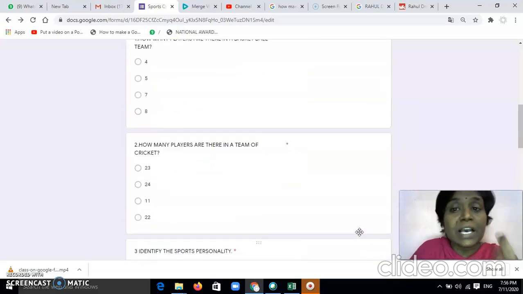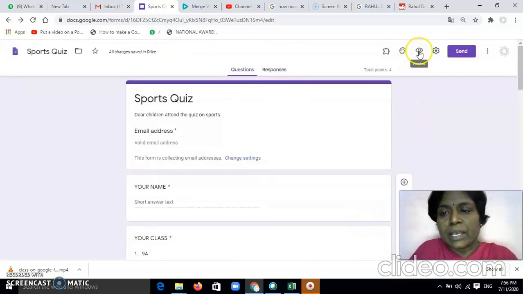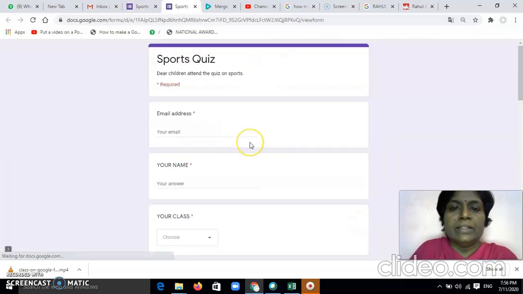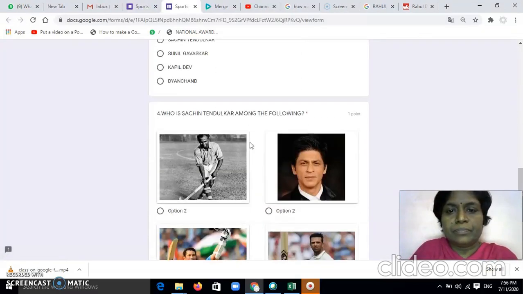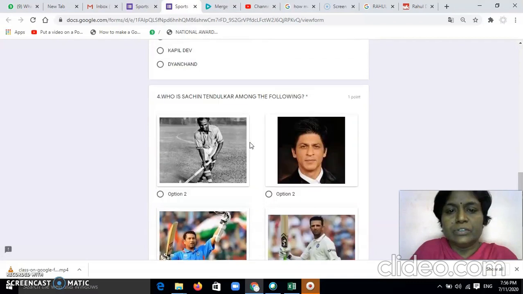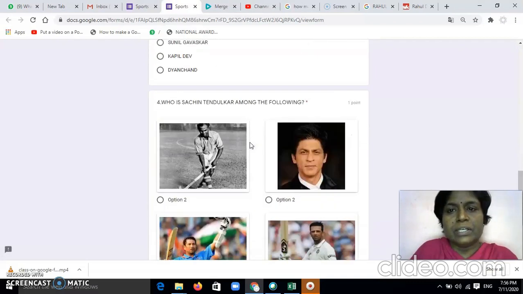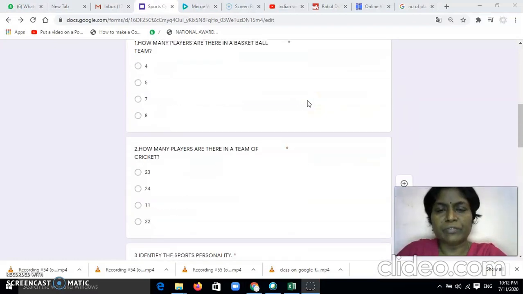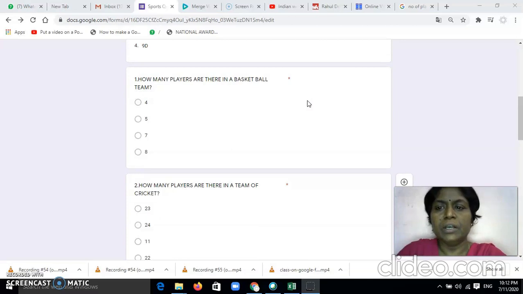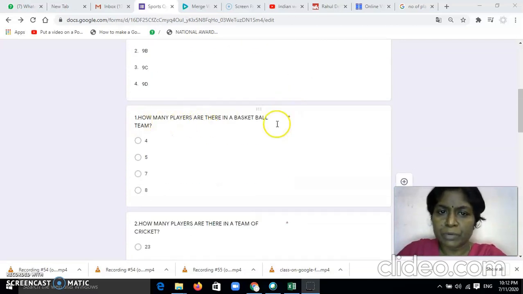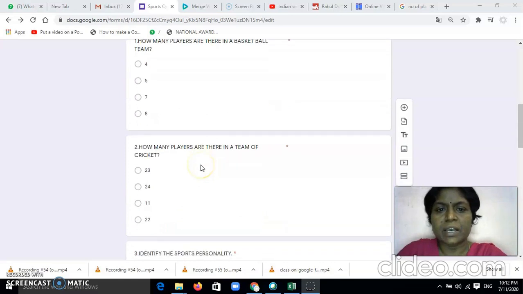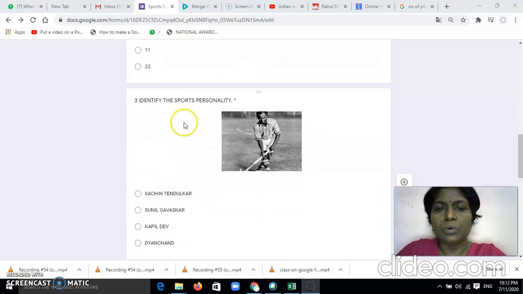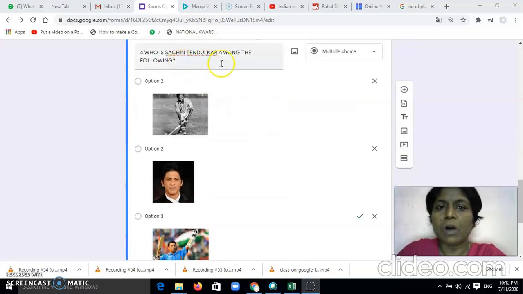Okay, now let us see how the preview looks. The preview will be like this, right? So these are the 4 options. Quizzes like this. So we have seen how to frame different types of questions in Google Form. First we saw simple questions with 4 options as MCQ, and then we saw how to insert the image in the question, and then we saw how to insert image as options.